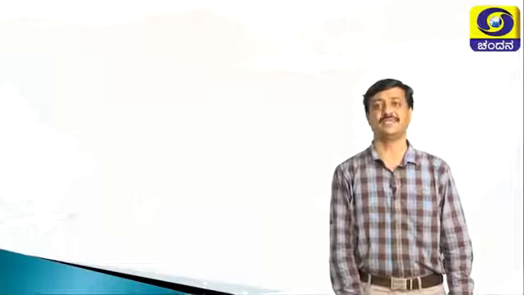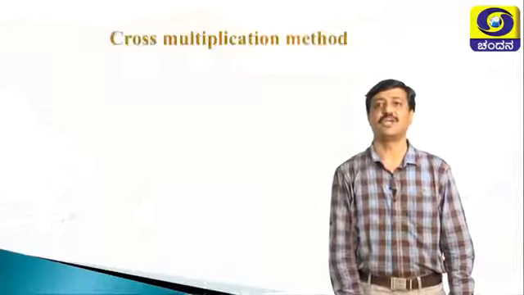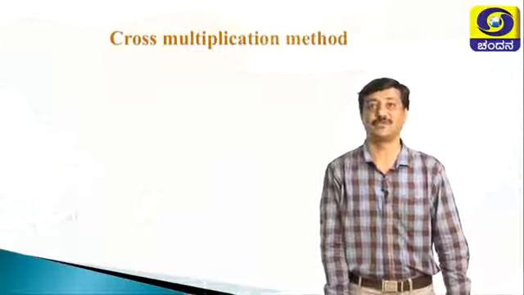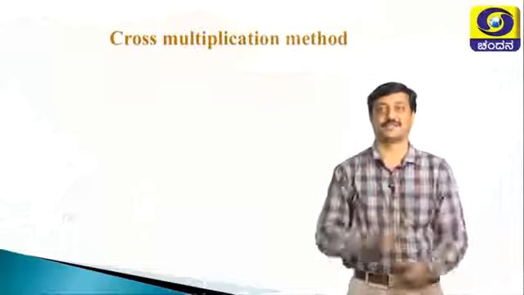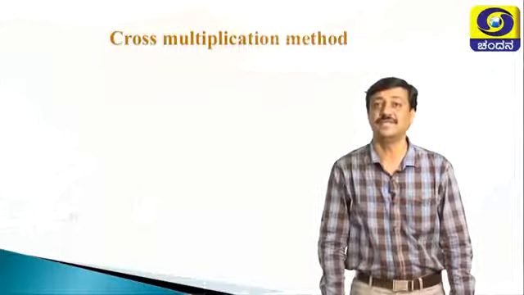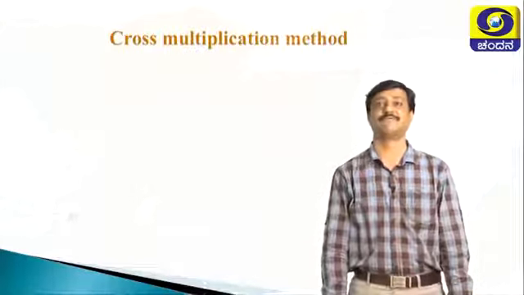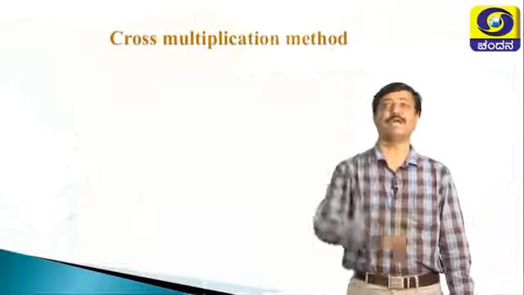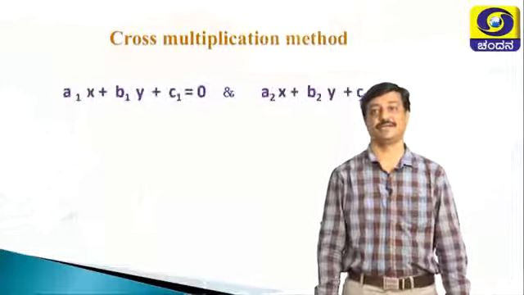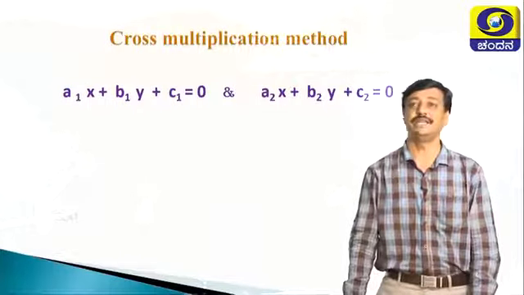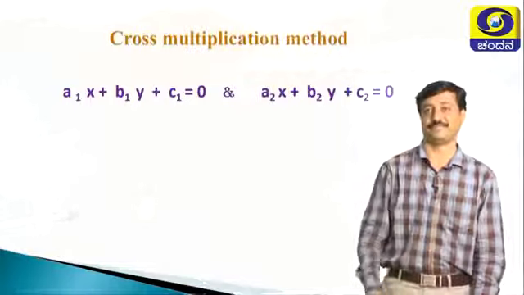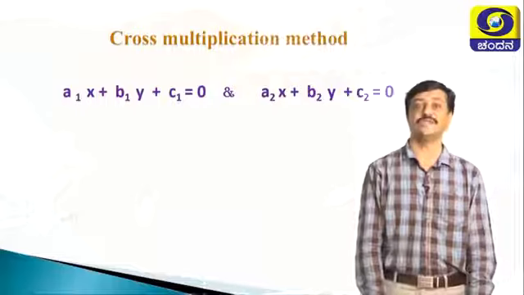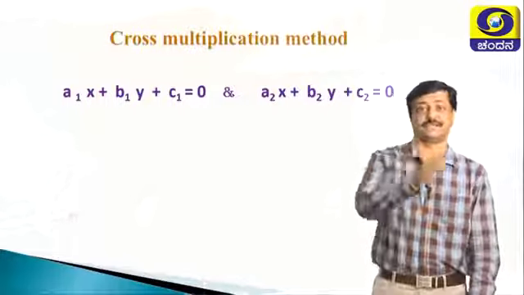The third one is cross multiplication method. That word itself says cross multiplication. We are going to multiply cross the coefficients of the given pair of equations. First, we will learn how to multiply the coefficients. Here is a method. First, we have to take any given pair into standard form. After reducing that into standard form, you have to write the coefficients column wise.